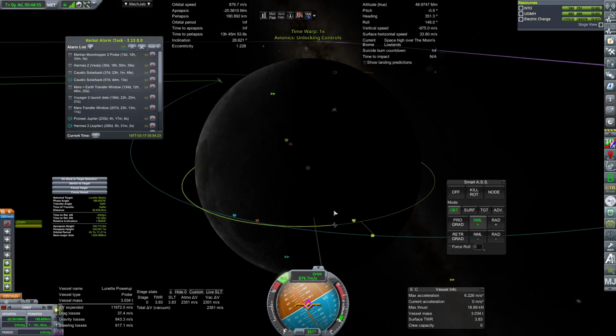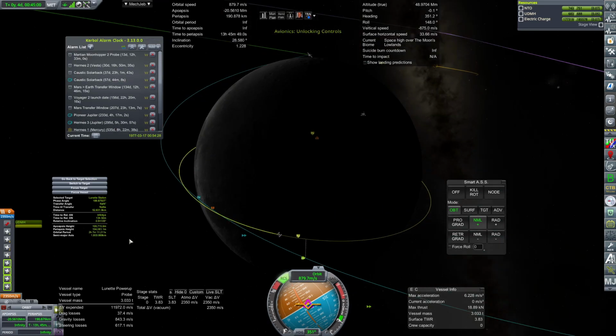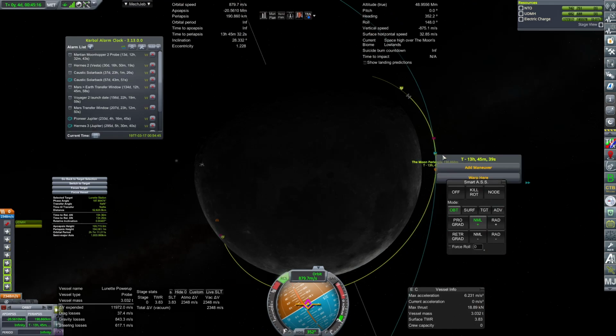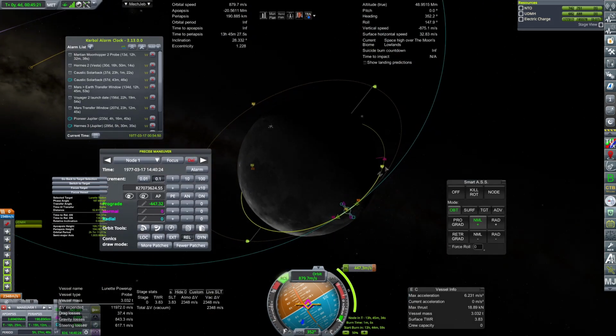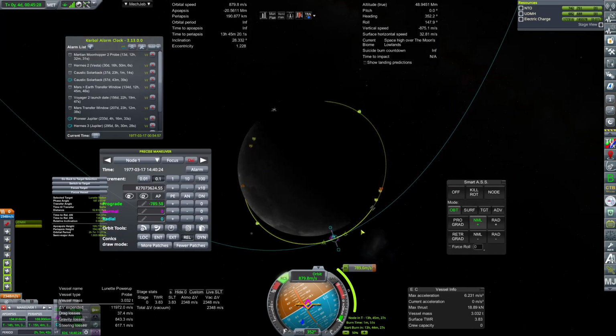We should be just about at the ascending node now. Just burning anti-normal to bring our inclination down to nothing, which makes it what we're looking at as far as our encounter. You can already see that we've gotten our intersect 2 there. Alright, so 0.0 degrees inclination, just fantastic. Now if I throw on this encounter, you can see the second encounter flying around. And we want to go as low as we can, and then go up from here